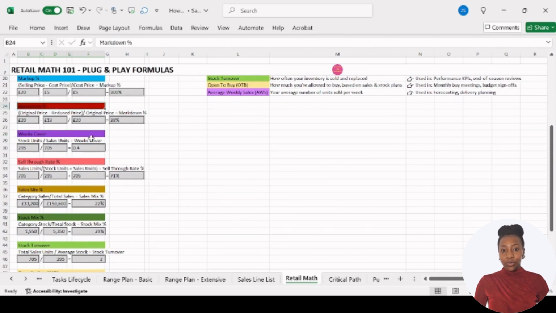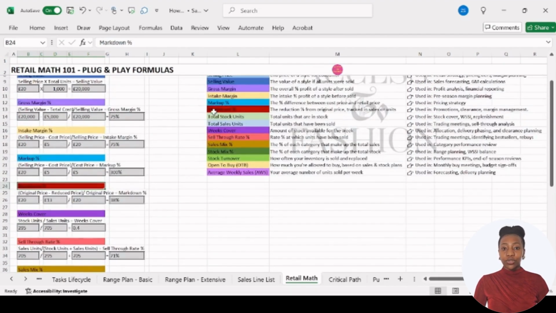We've got next your markdown percentage. And your markdown percentage, we've got it described here as the reduction percentage from your original price tracked in sales or units. So how much are we reducing a style from when it initially went on at full price? Like I said with the top, if you sold it full price in the first week and then in the second week you had promotion. Okay, promotion is different to markdown, but let's say now, after your promotion, after like 6 weeks of selling, it's time to go into markdown if you've still got a lot of units behind it,